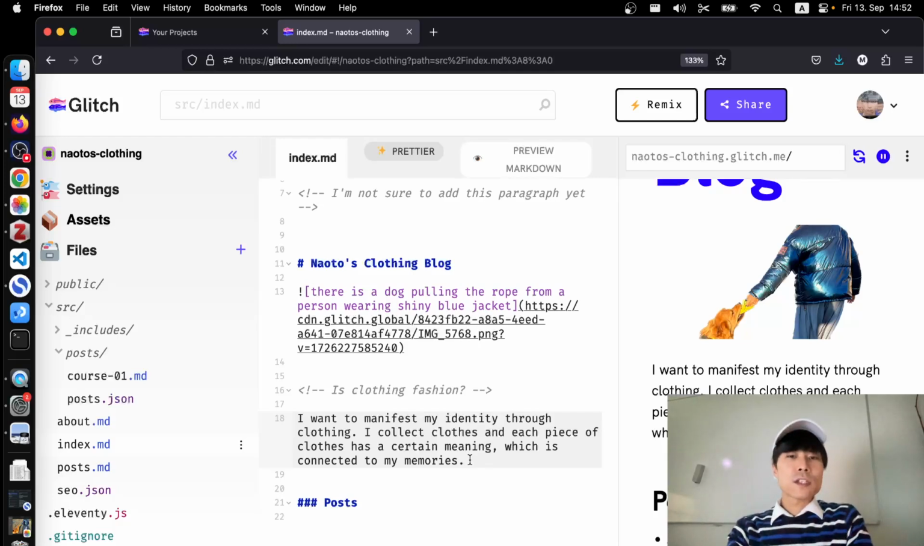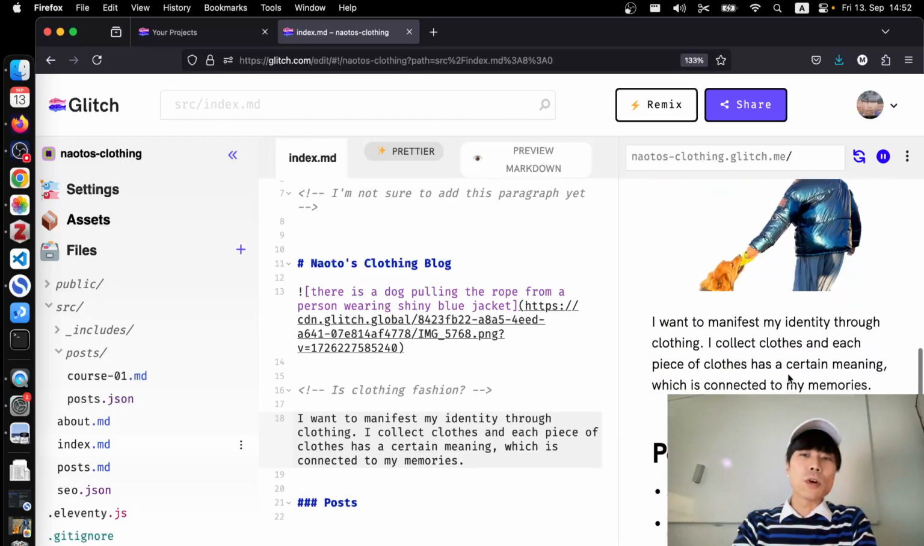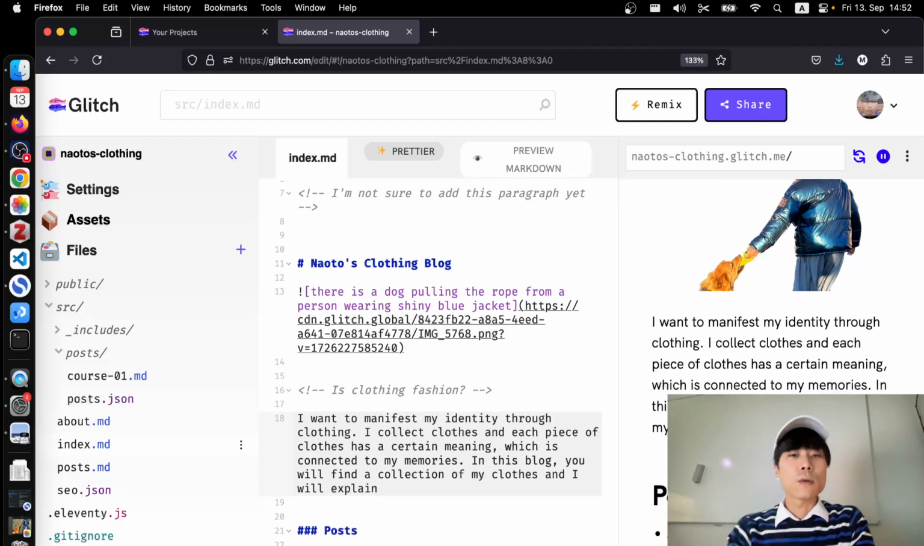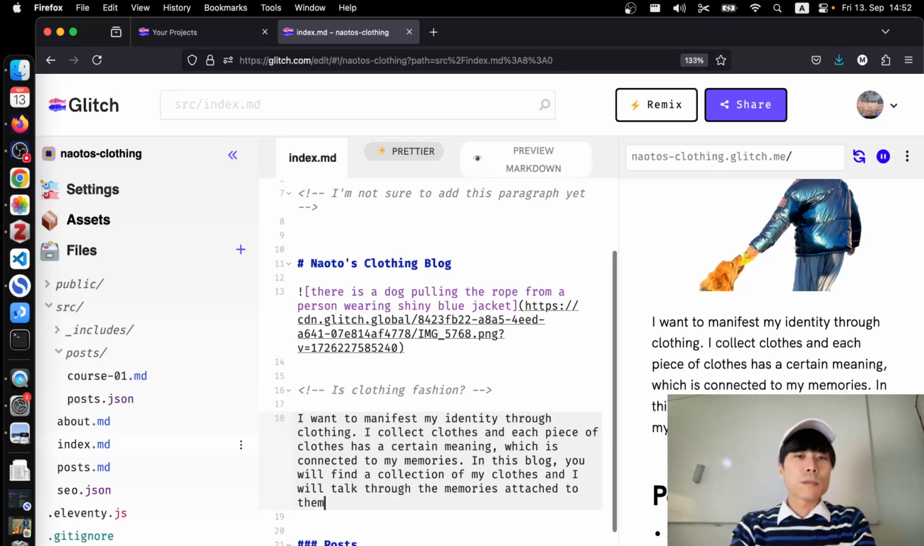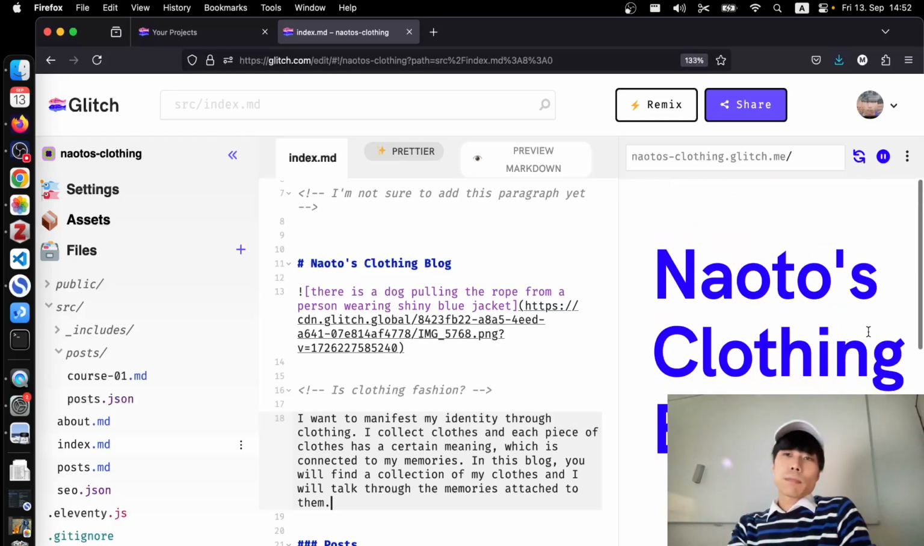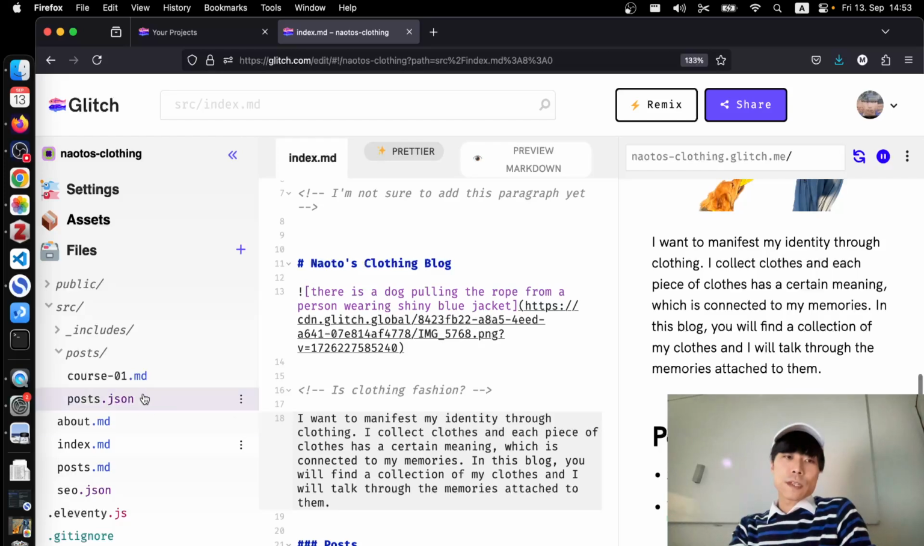So that's that. I should write a bit of the aim of this blog, so that in this blog you will find a collection of my clothes, and I will explain, talk through the memories attached to them. It's very simple, but again, I think as a top page, landing page, this index.md,